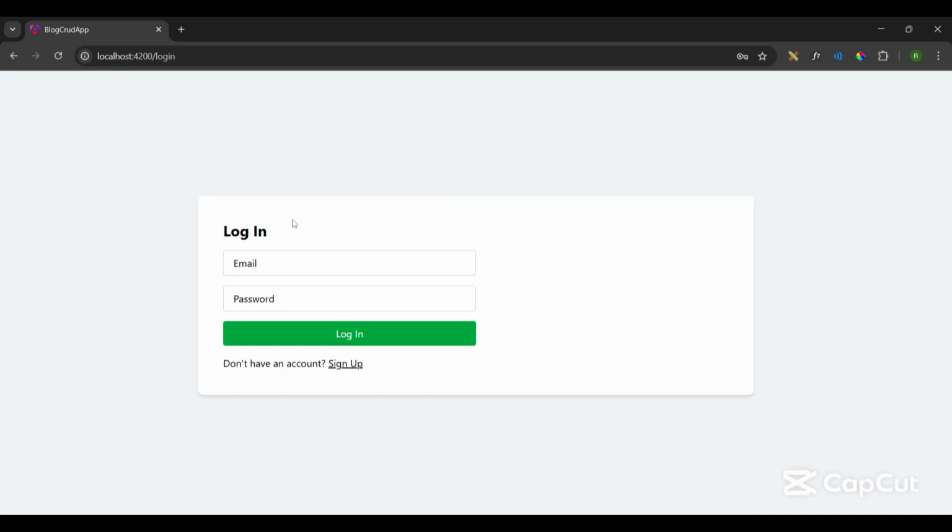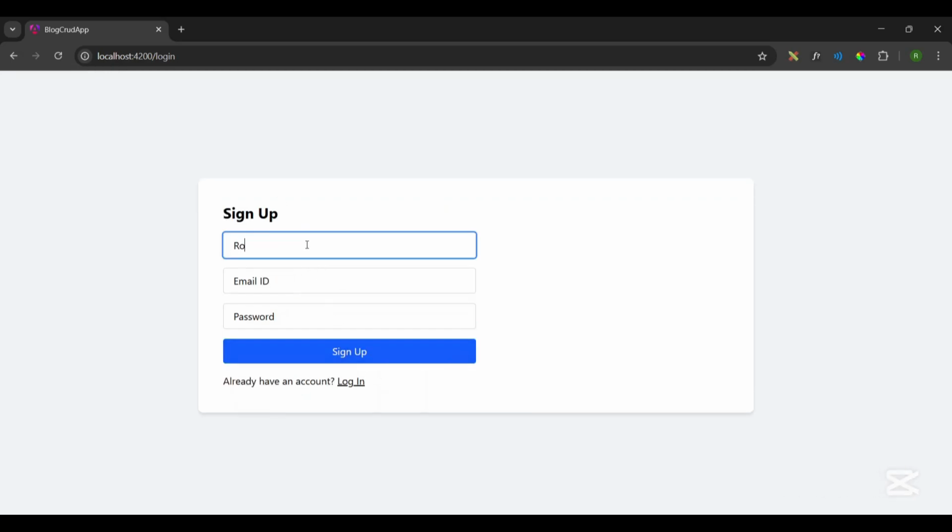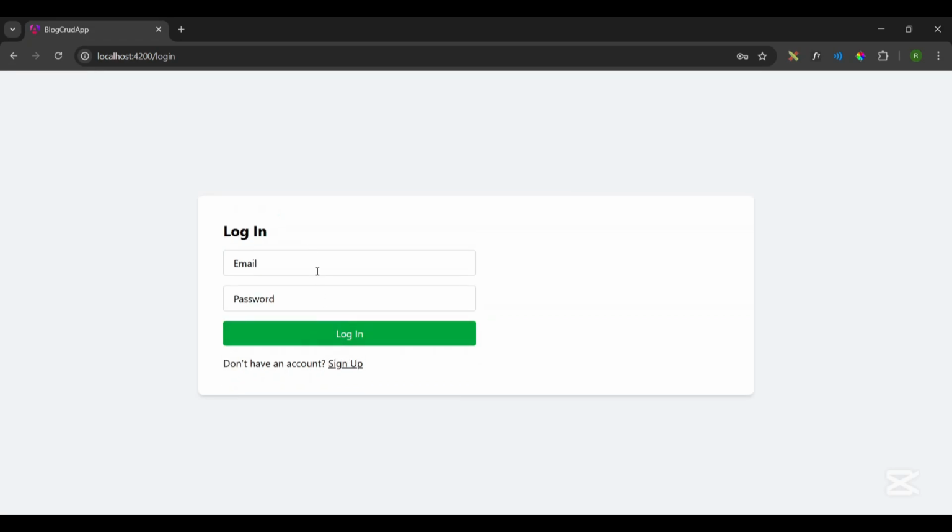Now we have made our site up to this. We can sign up by entering a name, our email, email@gmail.com, and our password. Okay, let's sign up. We can navigate to login, then we enter that sign up email ID,